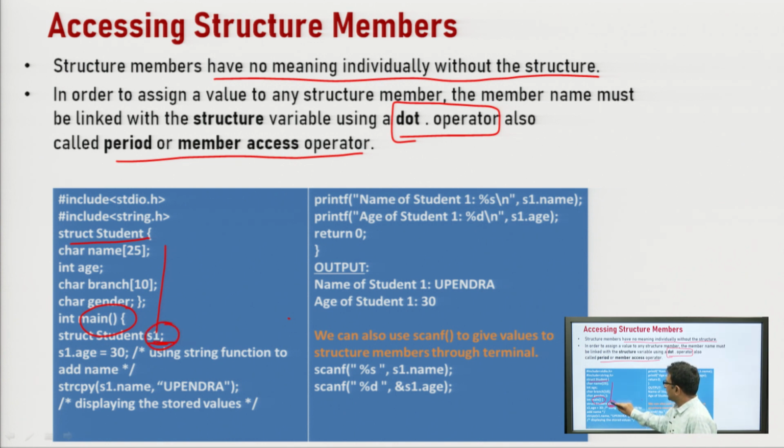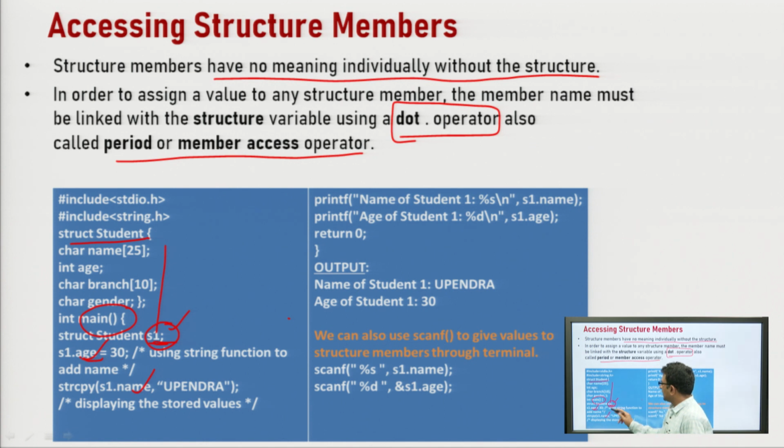Just see here, we have declared this variable outside the structure definition. Now, we want to set the data members using this variable. We have taken here only 2 data members, age and name. So, these 2 members are set over here. How can we set these values? First we will write down the variable name S1, then dot, then the member name, which is age. So, S1 dot age is equal to 30.